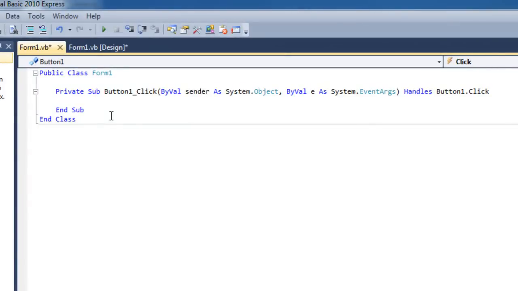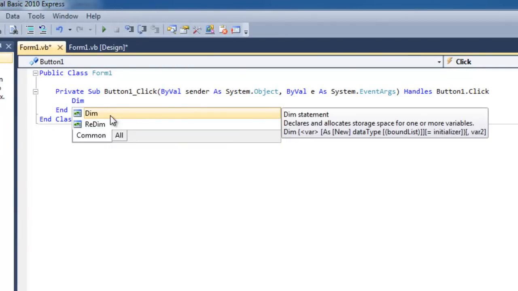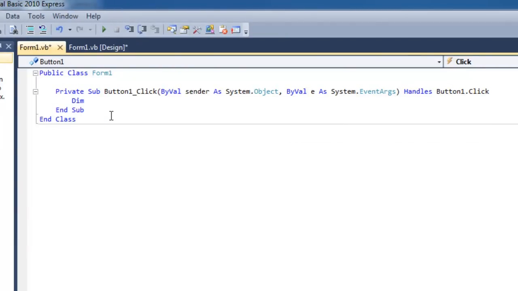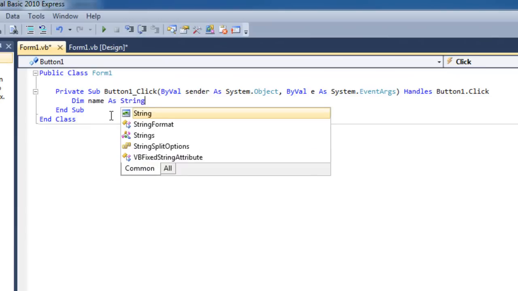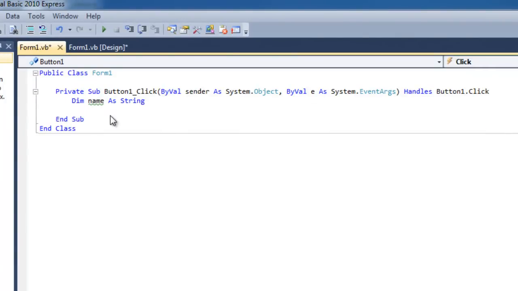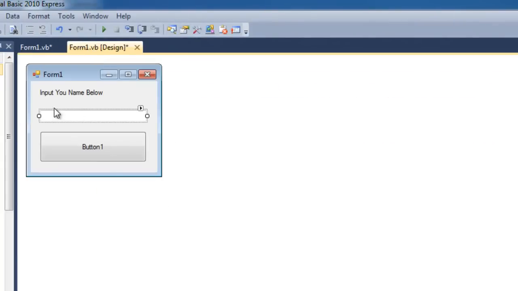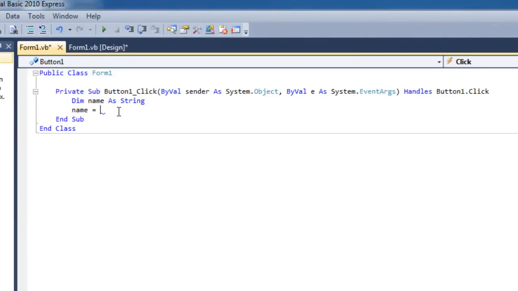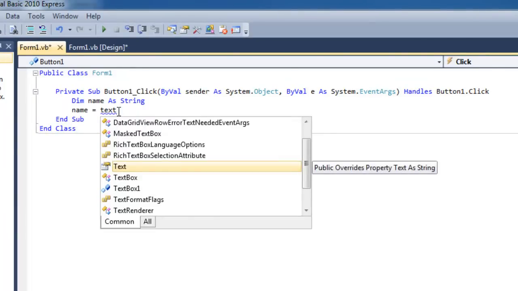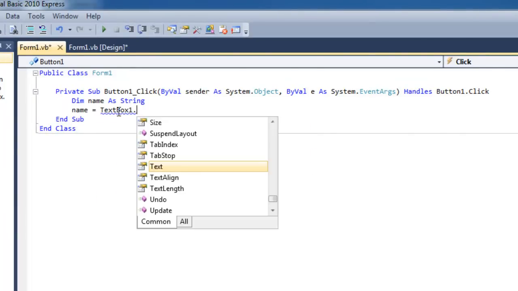First we need to declare our variables, which we do using the dim command, and then we name our variable, so I'm going to call it name, as a string, and then we give that name a value. In this case we're going to equal it to whatever is in this text box, so we're going to equal it to TextBox1.Text,